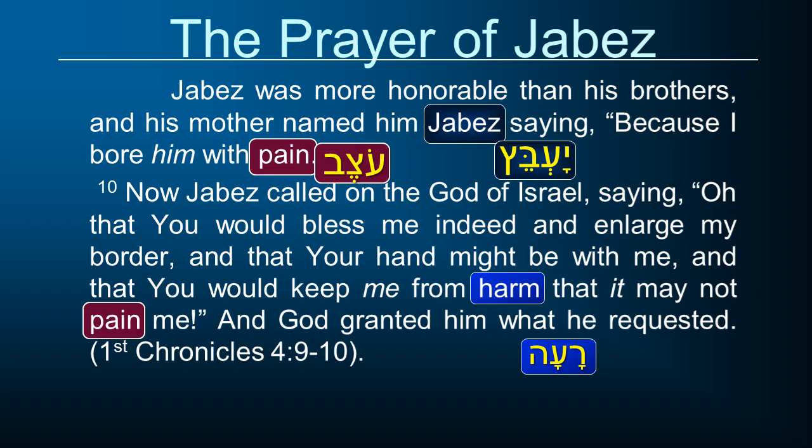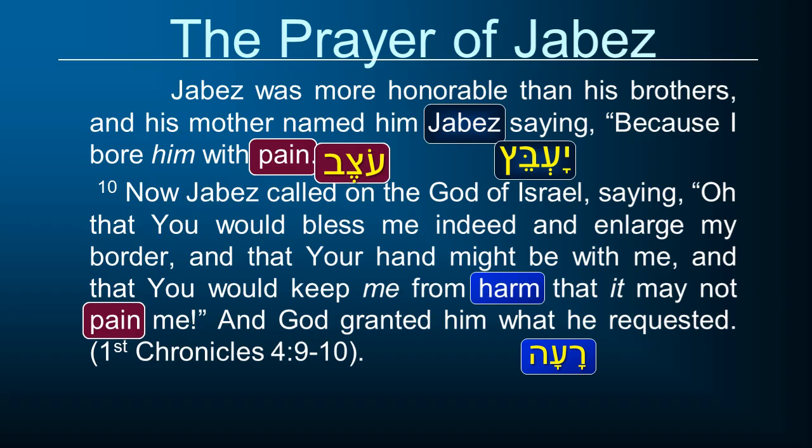I always add, when I'm praying that part of the Lord's Prayer, "And Lord, you can start with me, please." But notice that you would keep me from harm. The word ra'ah is actually evil. So that really corresponds to "and deliver us from evil," or as Jesus said in the Greek text of Matthew, "deliver us from the evil one."